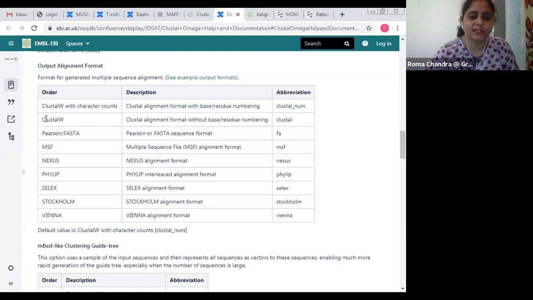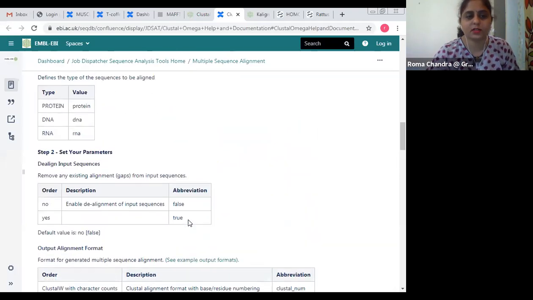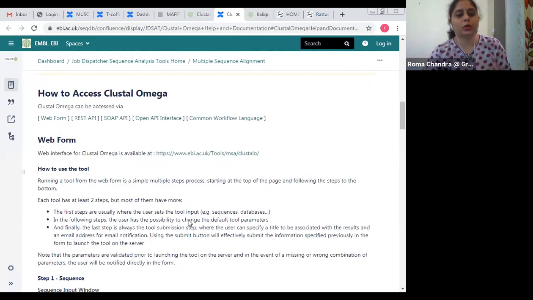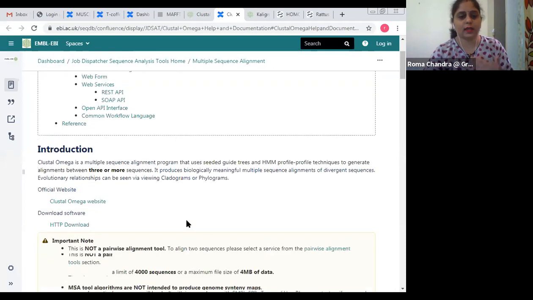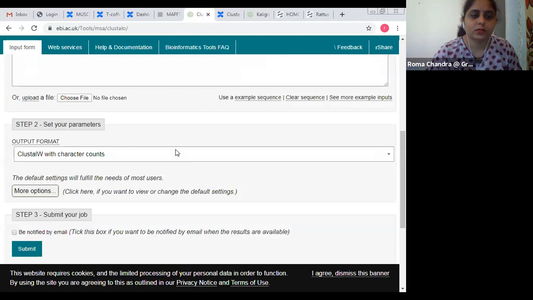A format that is based on Clustal Omega format, where we are not considering bases or residues numbering, then we can select this Clustal Omega. So these are the different formats. You can select either one depending on what kind of research you want to do and how you want to analyze your data in future and use it for any other further software. So this can be done using this output format option.